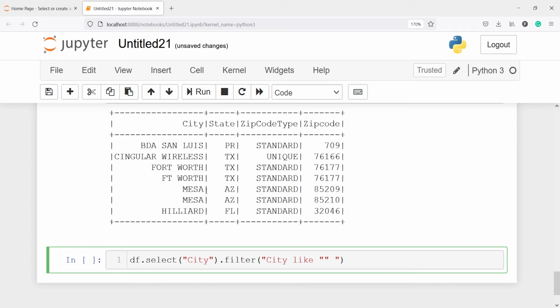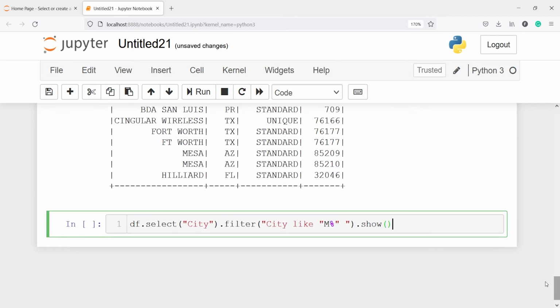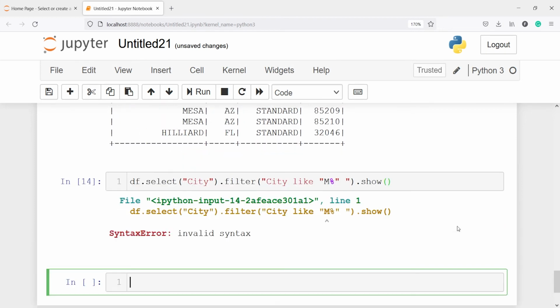So I want to see the city name which is starting from the letter M. So I will write here M and then percentage. Now let's execute our code. I have to put here show, so I will write show here. Only show will give us the result. So let's execute our code now.